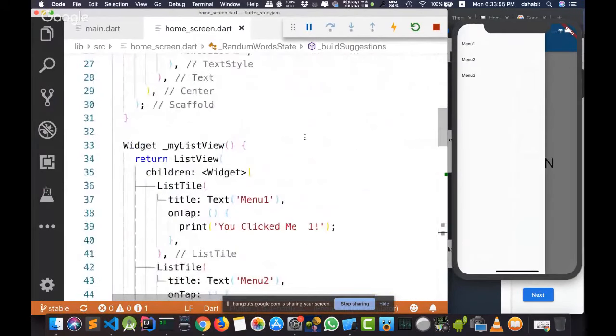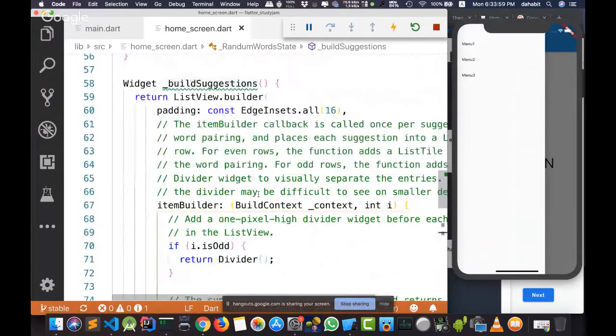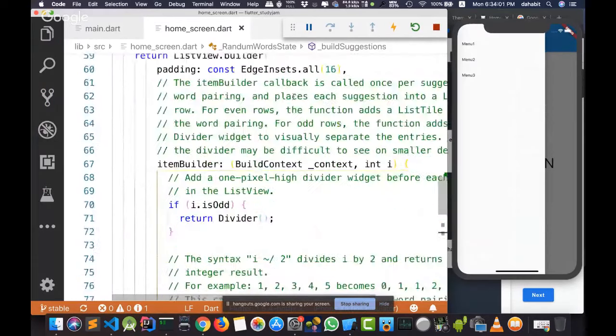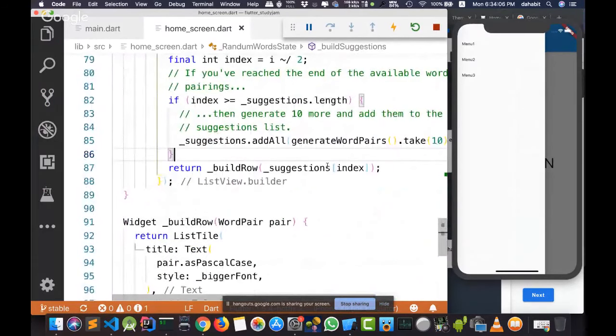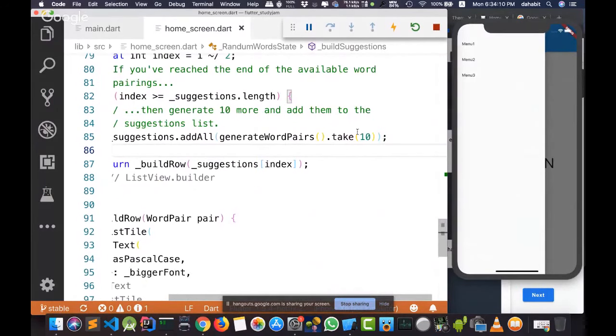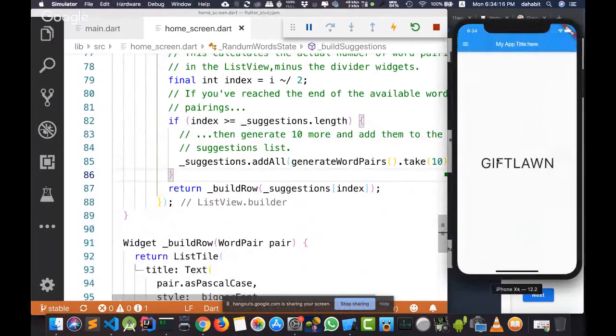I already wrote another method, and this method renders the list view, and this list view generates random words, and every time I am scrolling and reach the end, it will take another 10 words and display them on the screen. But the question now is, why are we not seeing anything on the screen?